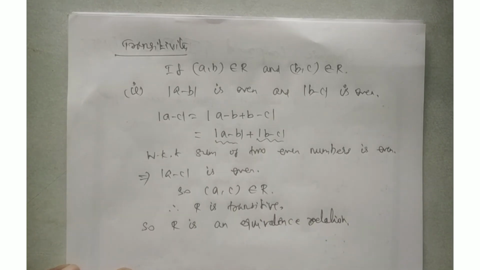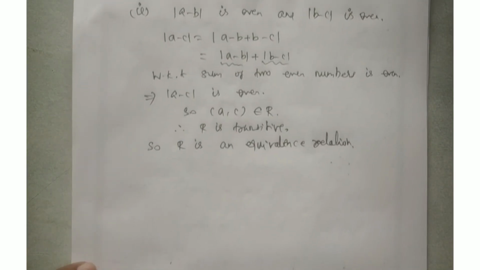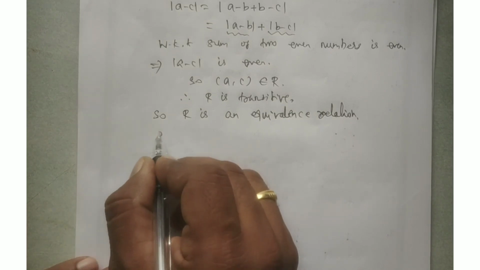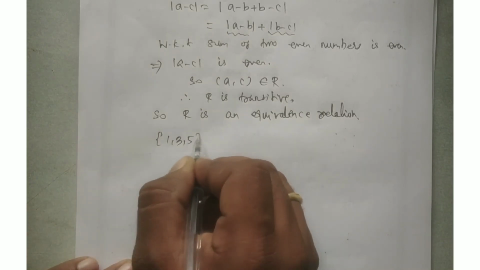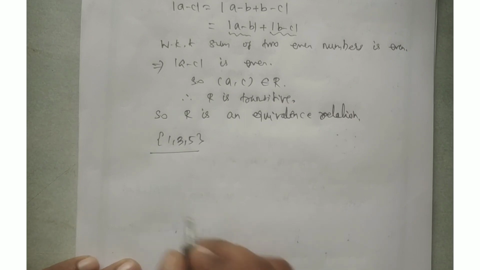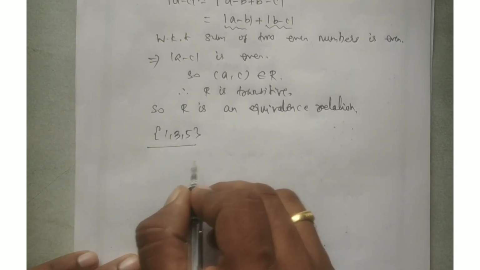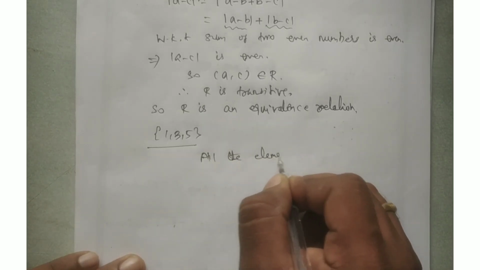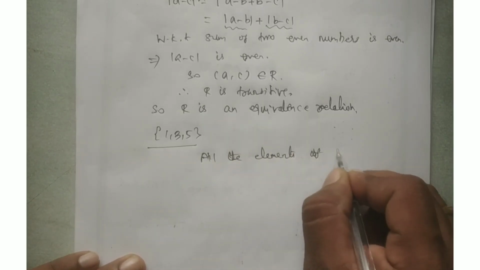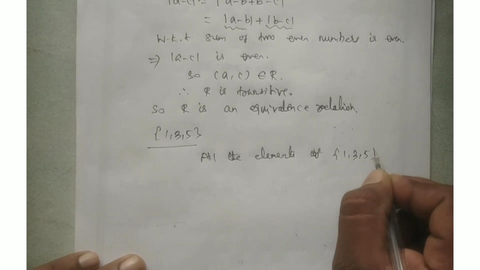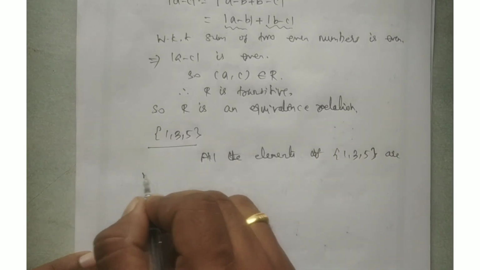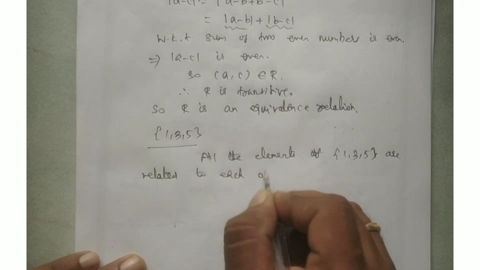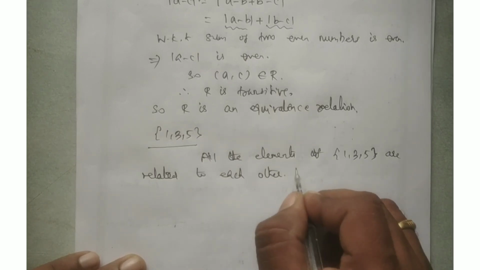So one more additional question is given in this same. I think two questions are given. Yes. So we have to show that all the elements of this set {1, 3, 5} are related to each other. Why? We can say that all the elements of set {1, 3, 5} are related to each other because